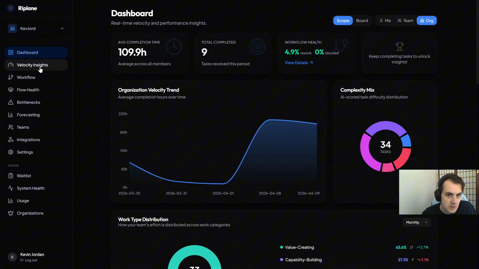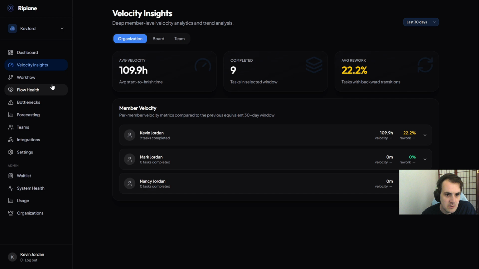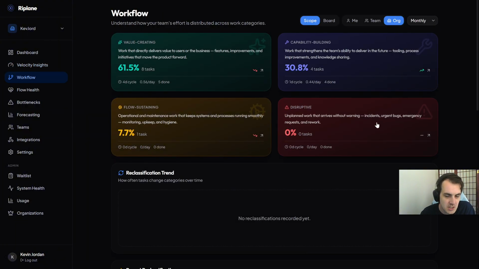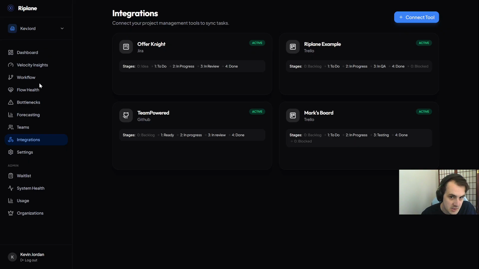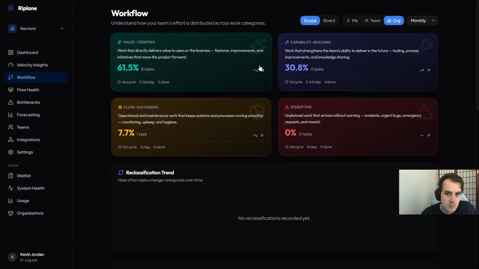Where Riplane really gets interesting is when you start going into things like velocity insights, where you start to understand how members are moving across. Here we can see that in this demo example, Mark and Nancy have not moved any tasks across. In the workflow section here, AI will come into the board or the connections that you have through these integrations, and will start analyzing the types of work